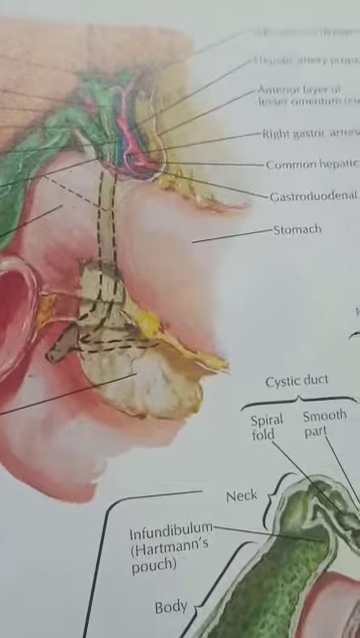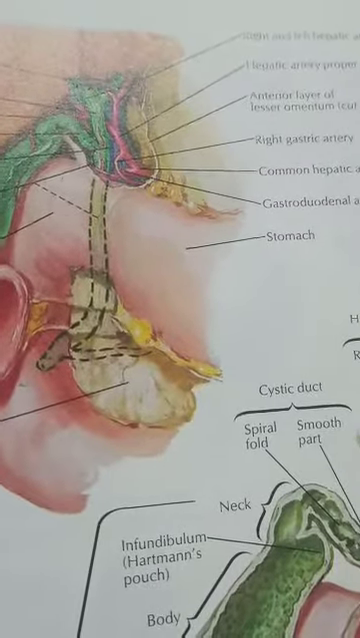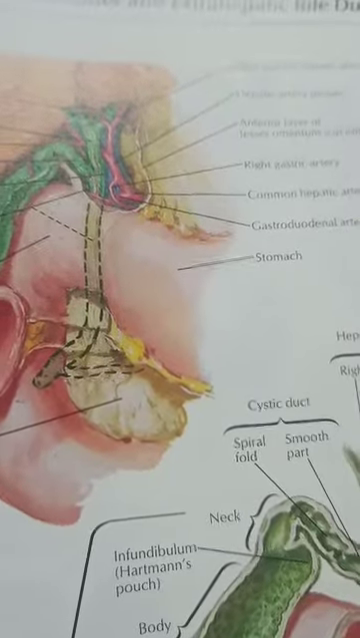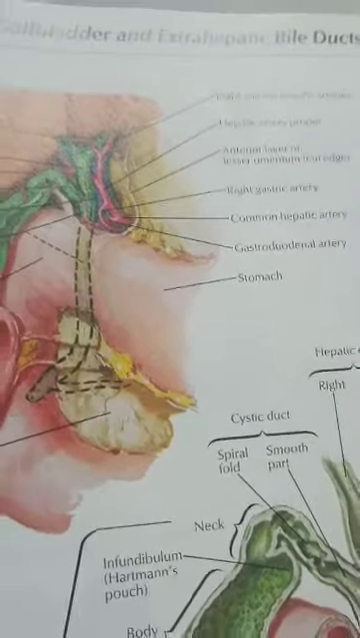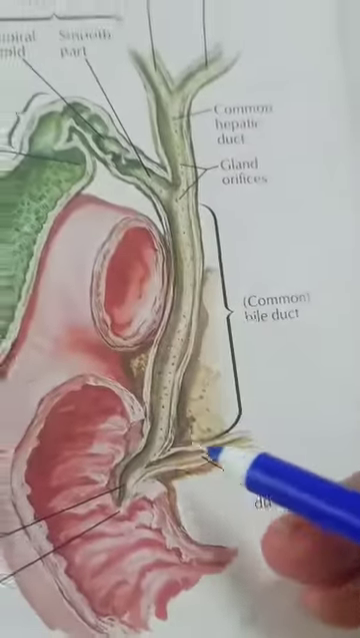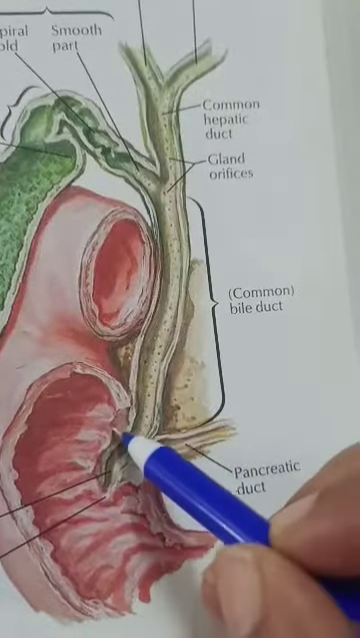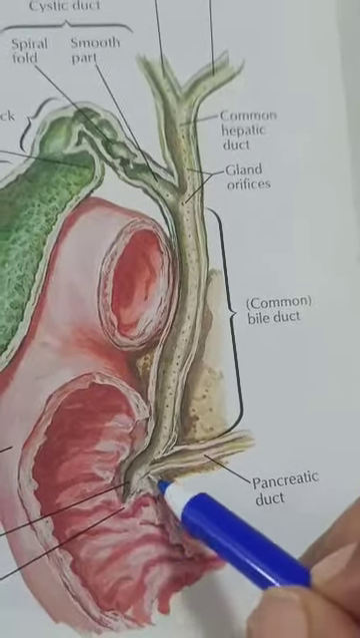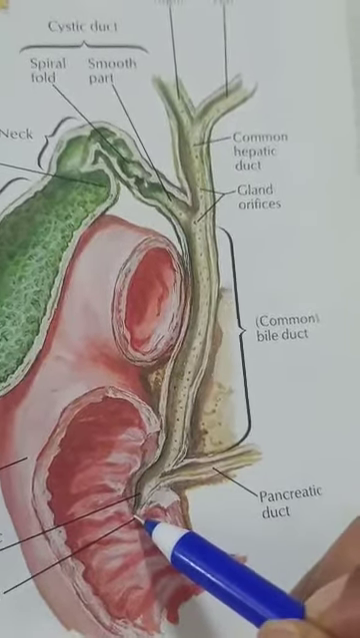It finally joins with the main pancreatic duct to form the ampulla of water. Here we can see it joins with the main pancreatic duct and forms the ampulla. This is known as the ampulla of water, and it finally opens into the